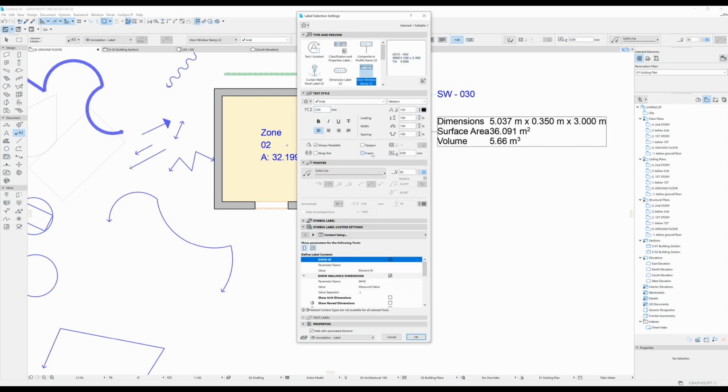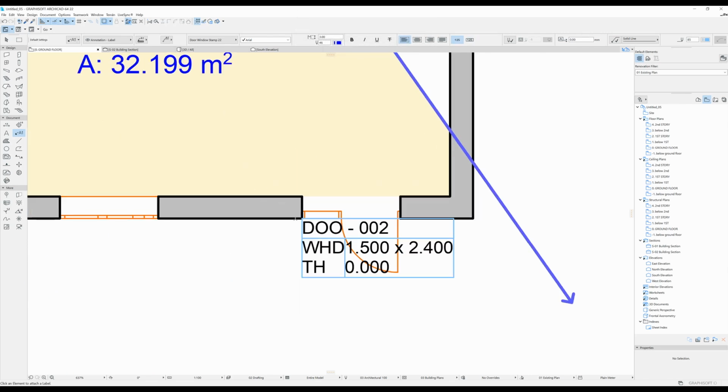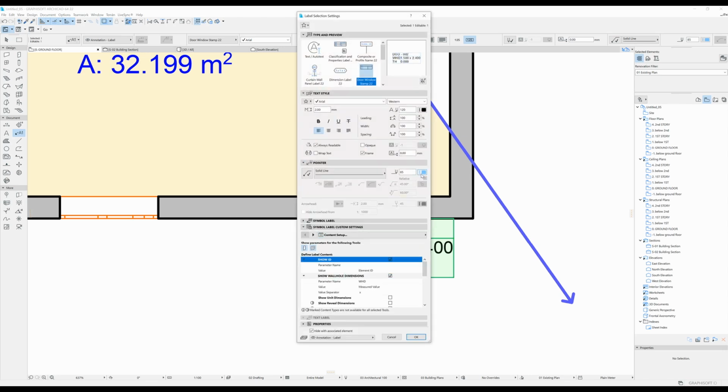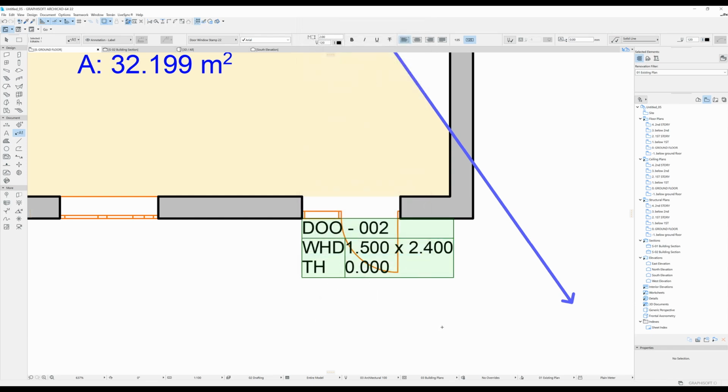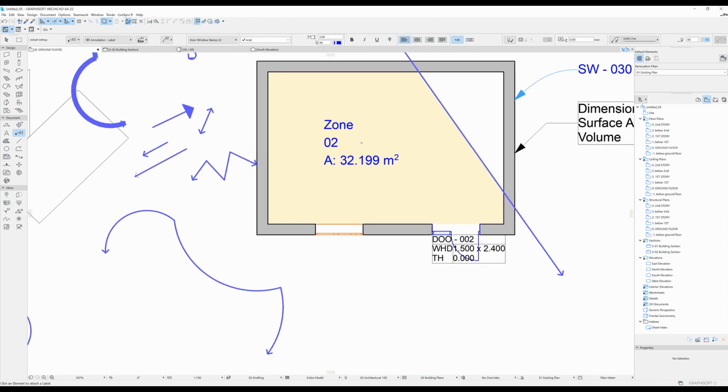I'm gonna add a frame, and I'm gonna click OK. Let me go and change the frame line color. So over here, I'm going to change this to black. I'm going to hit OK, and I'm going to actually use the eyedropper tool to copy the characteristics of this